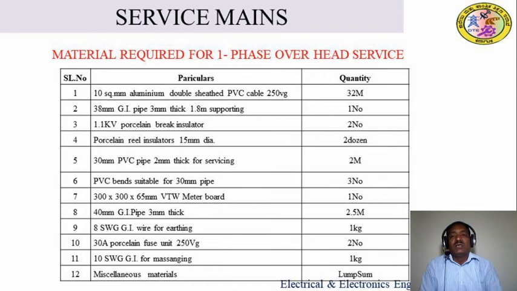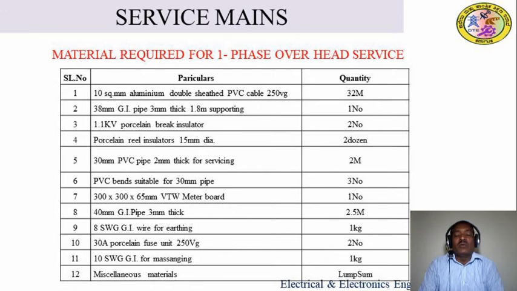The main aim of preparing the schedule of material as per our calculations is that we put it in a tabular column. I have made a tabular column with three columns. The first column is the serial number of the materials, and in the particular column you can write the material you found from the material calculations, with the name of the material and its specifications.